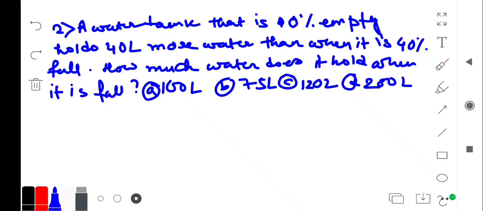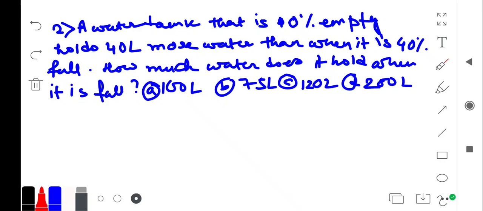200 liter. Okay, so a water tank that is 40% empty. Okay, 40% means 60% fill up, but 40% that is empty. If we consider the total volume of tank 100%, so that is 40 ভাগ কি হচ্ছে empty হচ্ছে, 60 ভাগ fill up হচ্ছে। Okay, holds 40 liter more water than when it is 40% full. Okay, so how much water does it hold when it is full? তো যখন ফুল হয় তখন কতটা পরিমাণ ওয়াটার ওই ট্যাঙ্কটা ক্যারি করতে পারি।